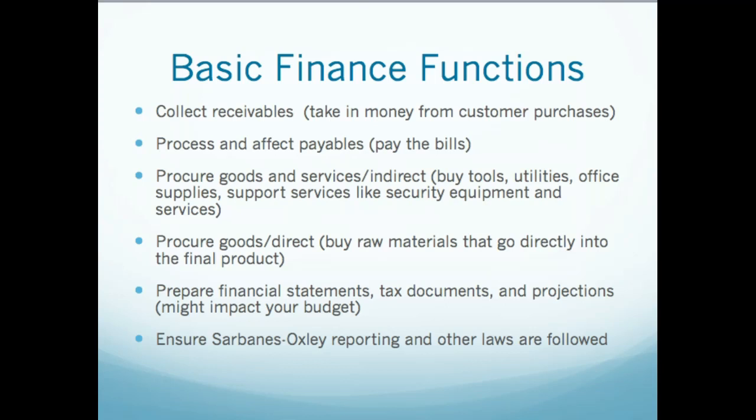You only need those to support the safe and orderly and other type of operations to make the product. So we have indirect procurement and direct procurement. So look at that. You've learned 4 terms already if you didn't already know them. Receivables, money coming in from customers. Payables, money going out to suppliers. Indirect goods are things that you use in your business that don't directly impact and go into the product. Direct goods are those that you buy that go directly into your finished good.